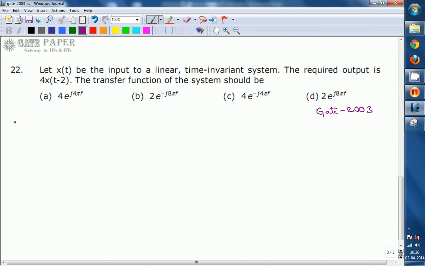Then come to the solution. So given an LTI system, this is an LTI system with input x of t and output y of t equals 4 into x of t minus 2. Then we need to find the transfer function of the system. So given that y of t equals 4 into x of t minus 2, then